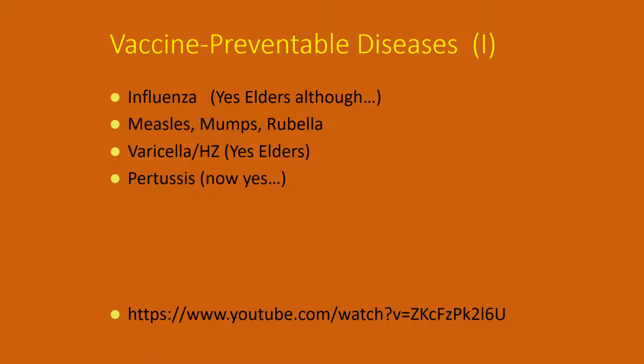So just to review the diseases that you need to be thinking about whether or not to immunize people for, and obviously this is focused on adults and with a special emphasis on the elderly. Influenza, yes, you do want to make sure to update people's influenza vaccine. The high-dose vaccine does not have any particular evidence saying it's any better than the regular vaccine, but the standard seems to be to provide the high-dose vaccine to people over 65, the theory being that they cannot mount the same level of immunity and that they need that extra stimulation.